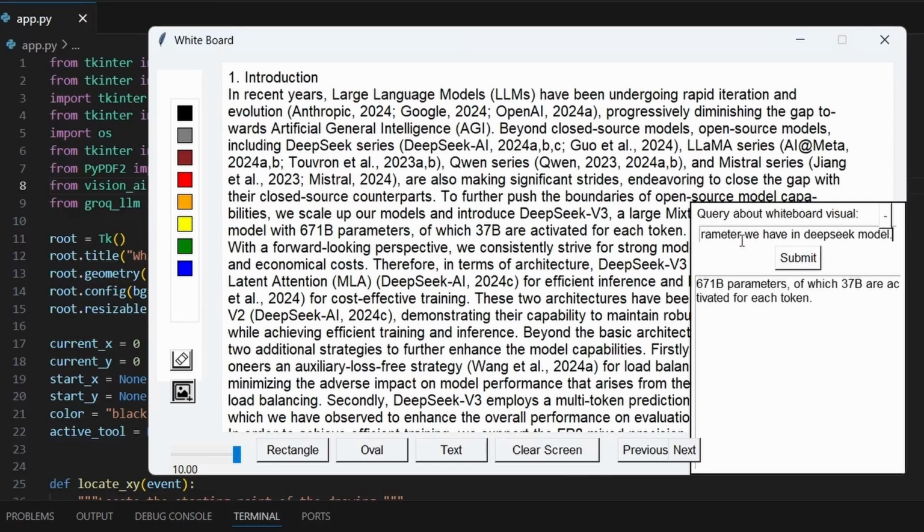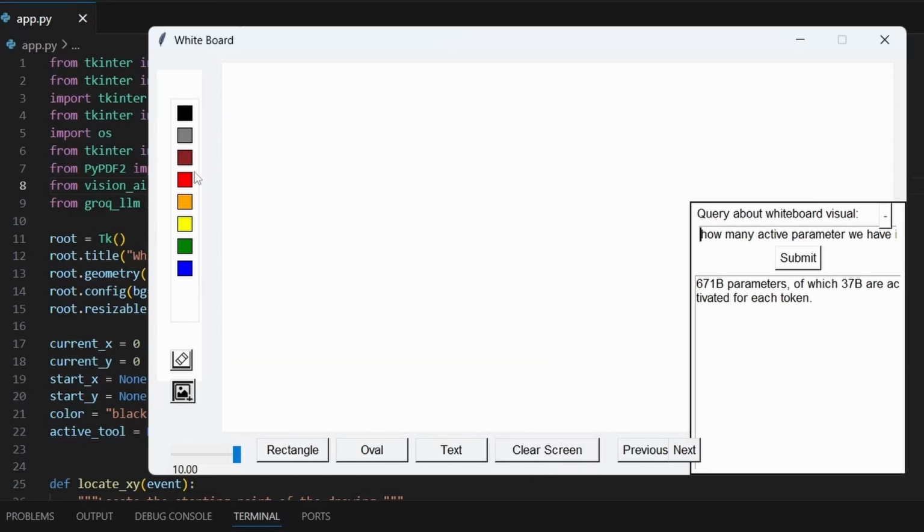I have asked how many parameters we have in this DeepSeek model. So it has 671 billion parameters, of which 37 billion are activated for each token. So as we are able to see, we have 671 billion parameters, of which 37 billion are activated for each token. For example, if I wanted to draw something,